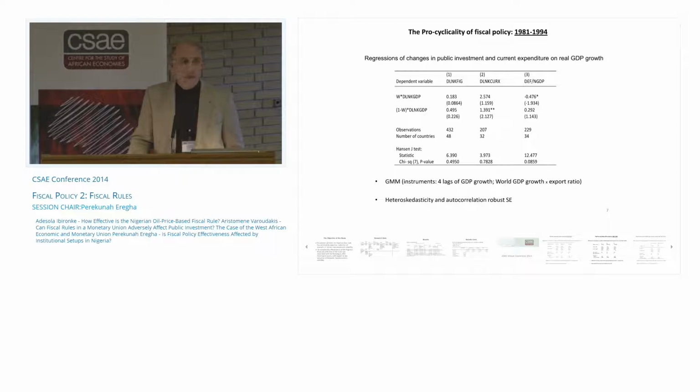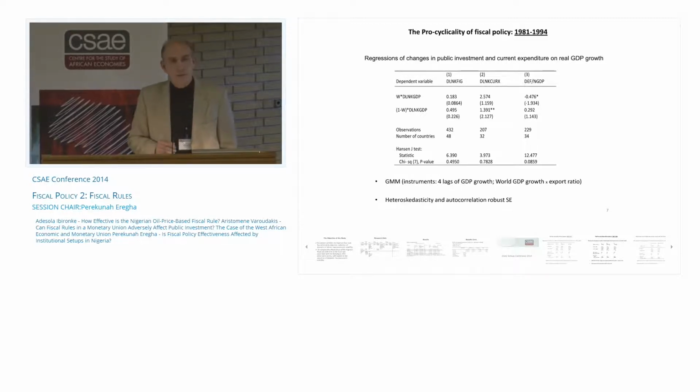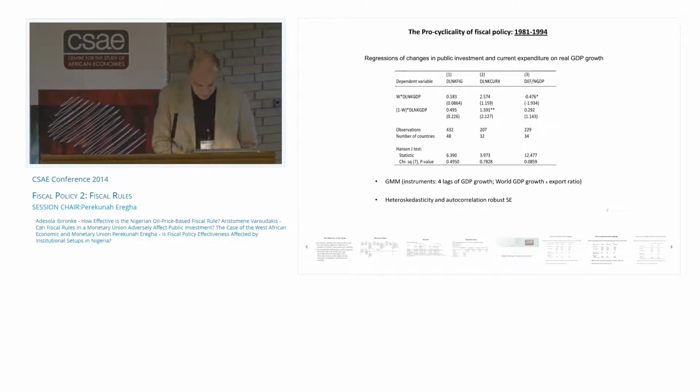And I will present some empirical results, and then I will discuss the policy implications of our findings regarding the possibility of using more counter-cyclical fiscal rules, or moving toward fiscal federalism or risk sharing as alternative means of introducing some form of flexibility. But before presenting the empirical results, let me talk about some stylized facts